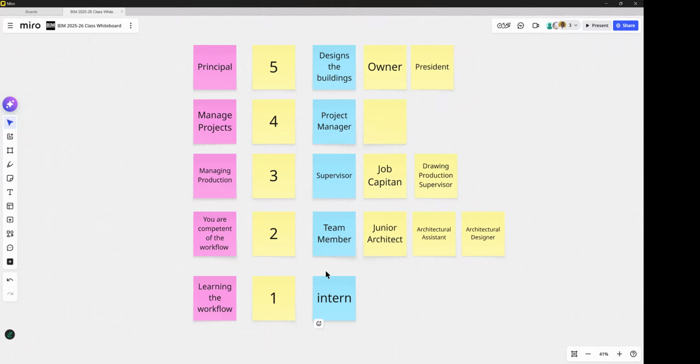So in terms of the design, I will be doing the design, right? And we're not going to worry about the project manager. Some firms are so small that the architect is the project manager. So that's going to be our firm. Now we don't have to worry about the client. The client is fictional. The point is, I'm going to be doing the design, and you guys, who are members of the team, and some of you are supervisors, are going to be helping me to produce this drawing.